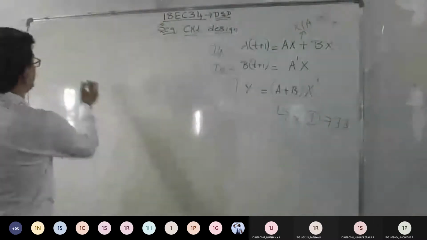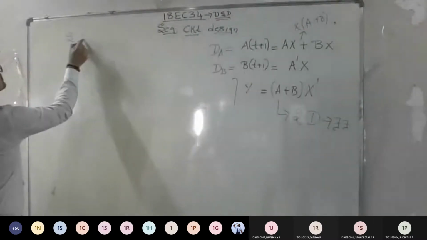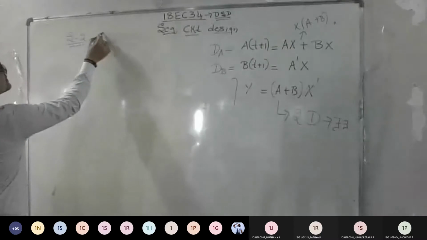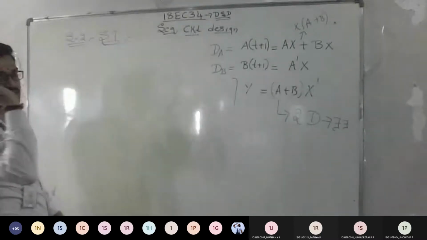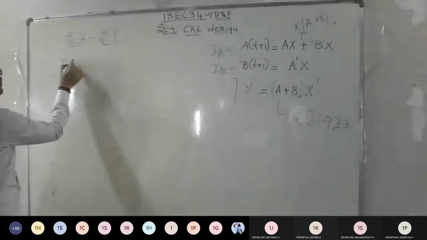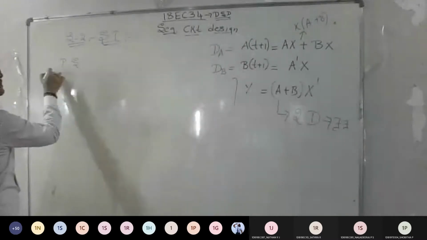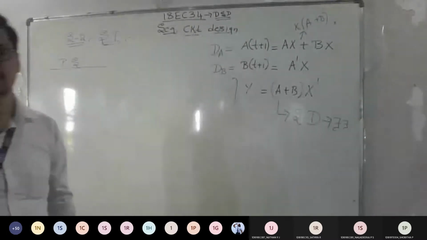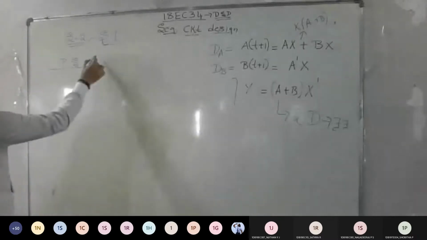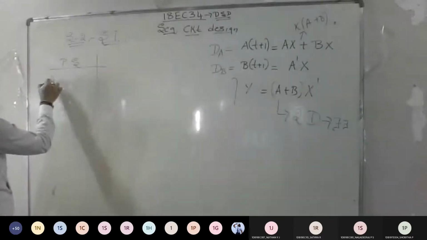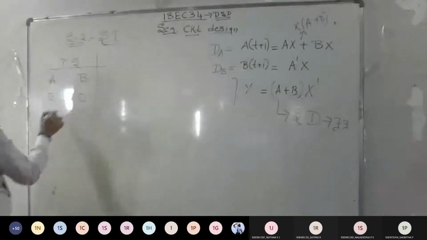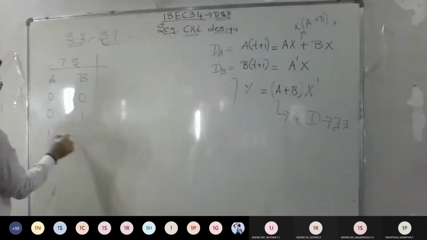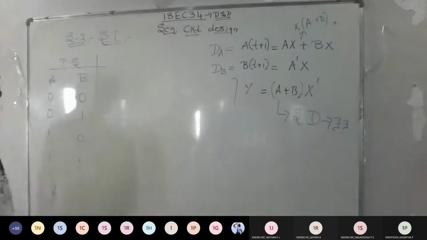I hope you remember step 2. I need to find a state table. So what is the thing you require here? You need a column with the present state. In this present state, what all things do you have? Inputs. How many inputs do you have here? 3. A, B, and X, and we can designate the combinations 0 0, 0 1, 1 0, 1 1.